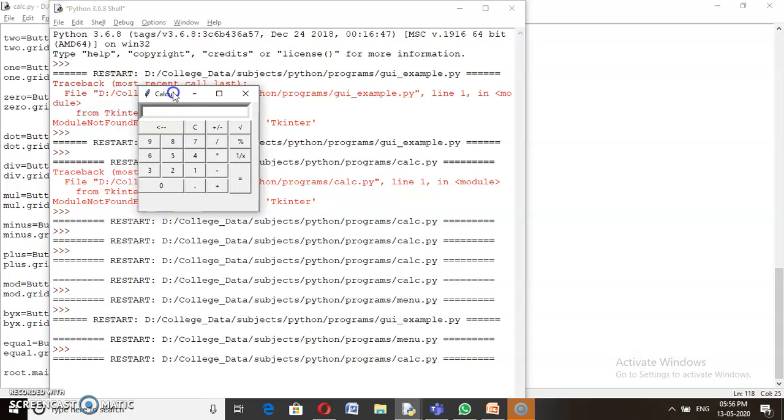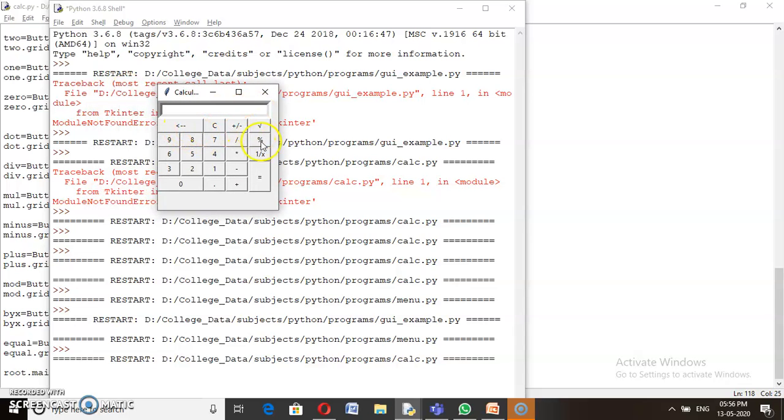This is our calculator application. This is our text box and these are the buttons. This is the column span of 5. Here we have 5 columns: 1, 2, 3, 4,